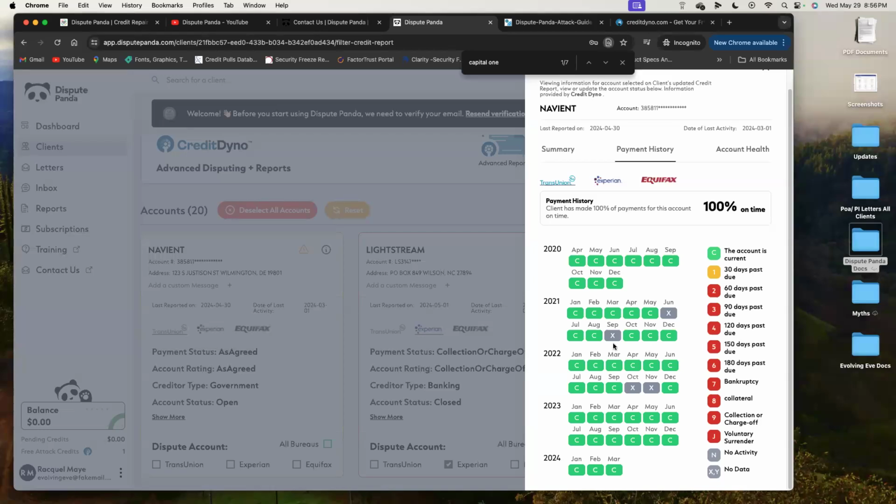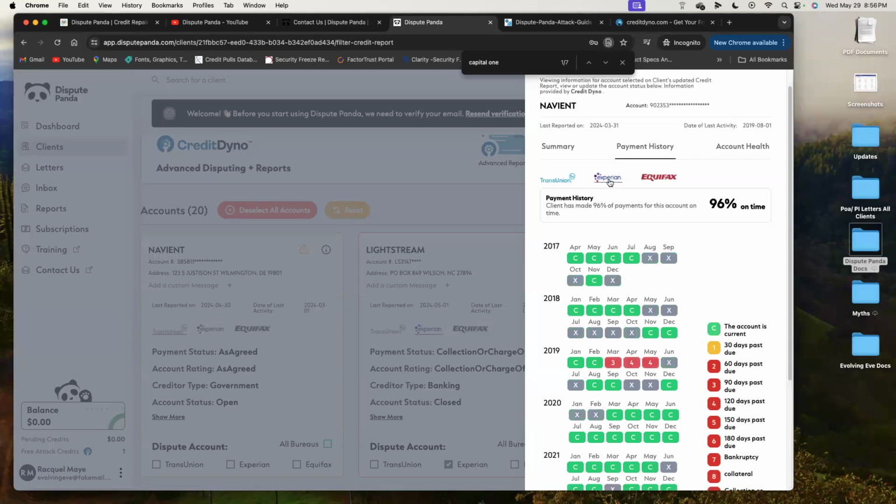Now, just a rule of thumb when it comes to student loans: do not report as late until you've hit 90 days past due. You can be 30, you could be 60. It's never going to report it on the credit report until it hits 90 days past due. Then it will start reporting the information on file. As you can see in this particular case for TransUnion, it shows that there is no past due showing up. Again, it's going all the way back to 2020. Most credit monitoring services only give you 2 years. This is going to go back as far as 7. But you see how Experian is showing in 2019 that there were late payments on the profile.